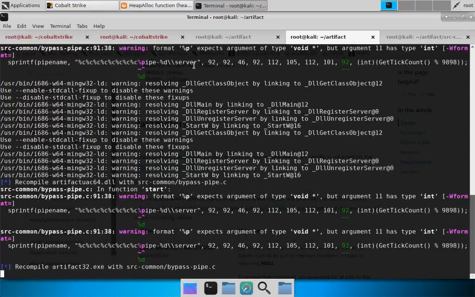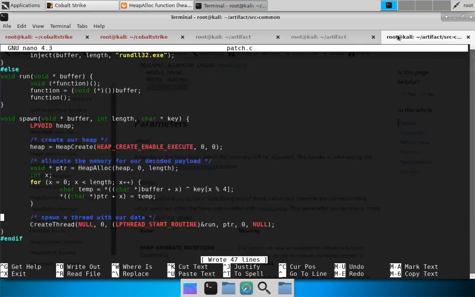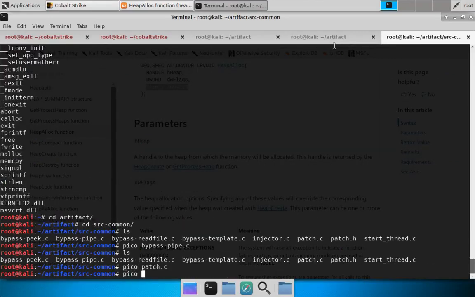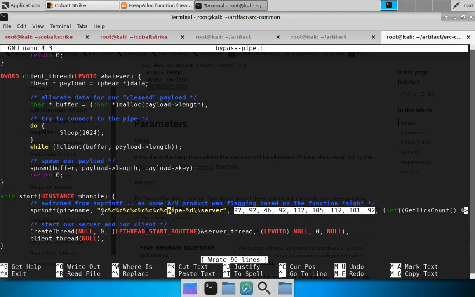I made a mistake apparently, didn't I? Let's press Control-C, and let's fix my syntax error in bypass pipe.c. I must have stepped on one of my %c's when doing the pipe change here. So I got 1, 2, 3, 4, 5, 6, 7, 8, 9. 1, 2, 3, 4, 5, 6, 7, 8, 9. Perfect. I'm making sure that the number of arguments here match,